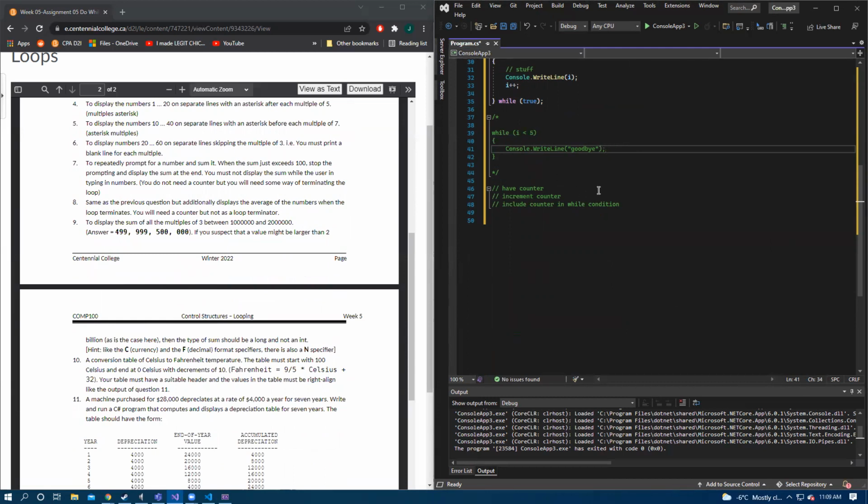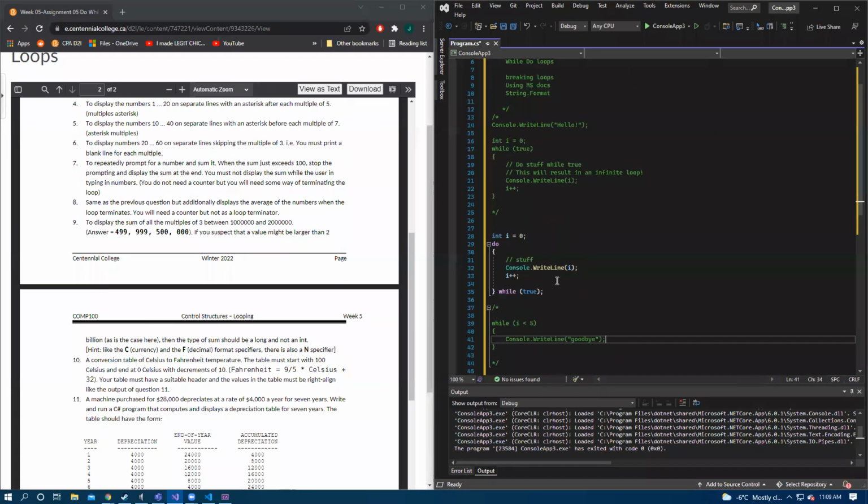Whereas this one, you're using the I counter to count loops and the sum as a terminator. Exactly. So you have two different variables that you're kind of trying to track.